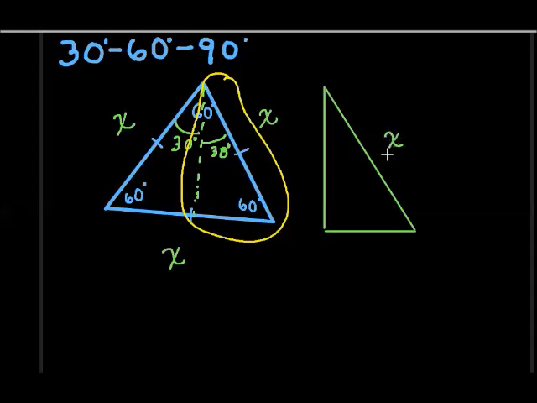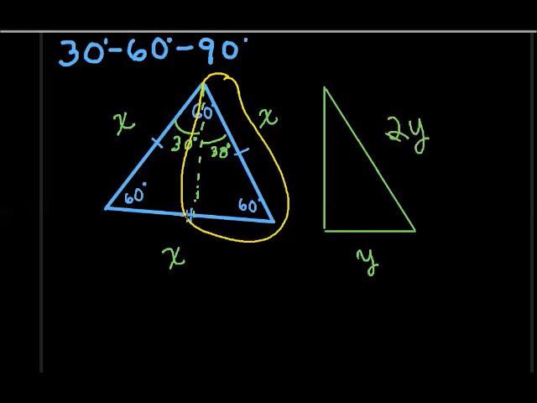This length represents this side right here, and it is going to be x. Let me change this up a little bit and call this side here y, and if this side is y, the hypotenuse is double y,